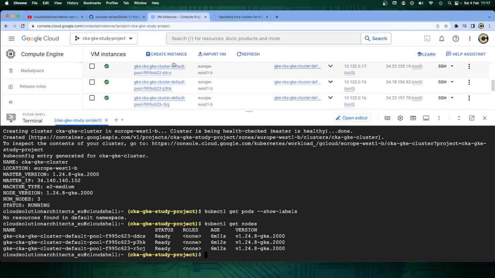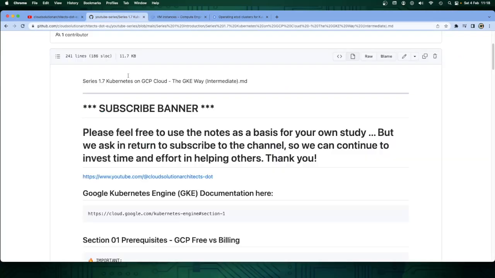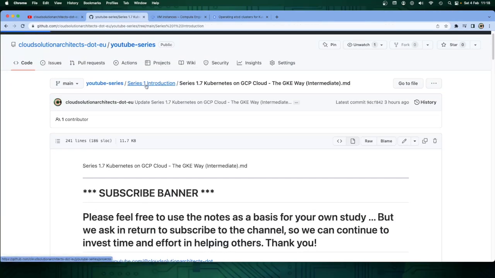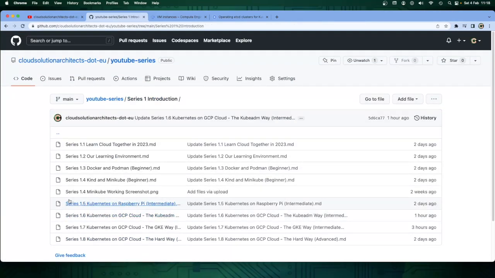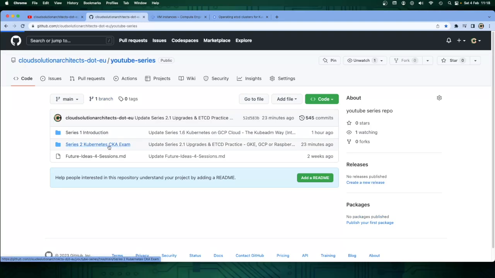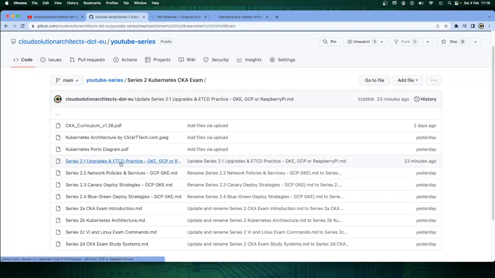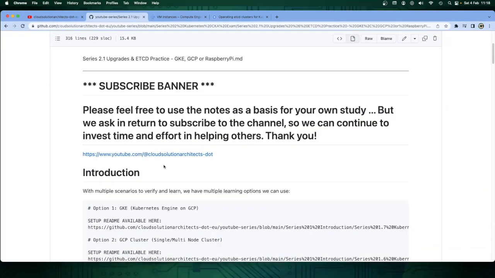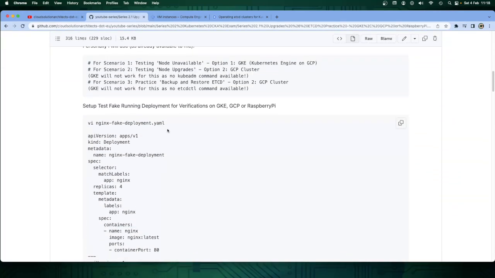I can see here that my cluster is ready, and I can also see that I've got 3 nodes here that are all ready. They're up about 6 minutes, so everything is running. If I go back to my series 2, because remember, series 1 is really about how to configure and set up all of this environment. But series 2 is where we're studying for the CKA exam here, and I go into the 2.1 for the upgrades, and I come down here,